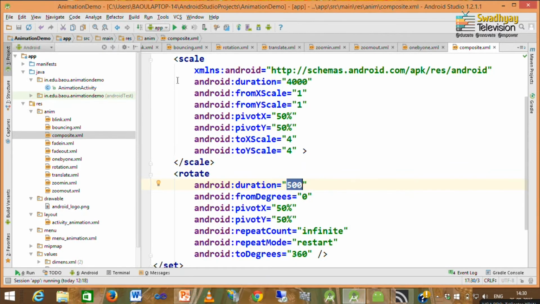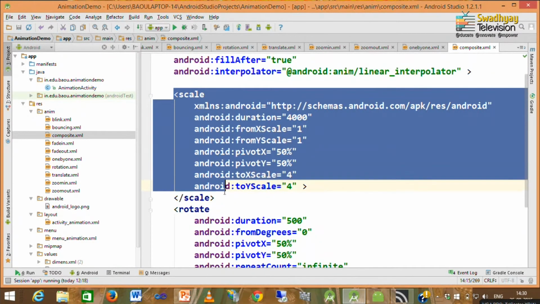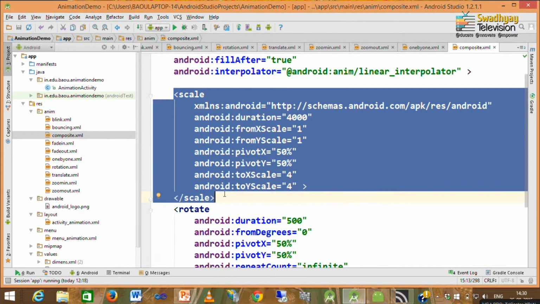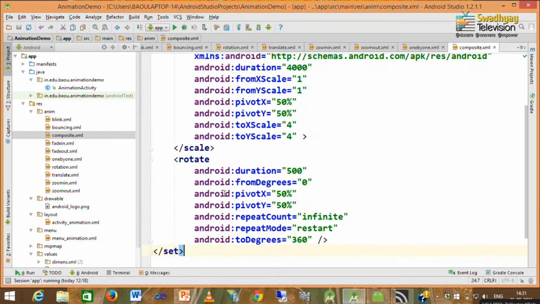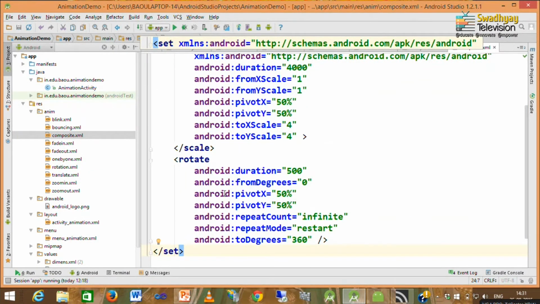So, immediately after scale, rotation will start. So, we can have a mixed effect of scale and rotation for our object. This kind of animation is called composite animation. We have not specified a start offset, so both animations will start simultaneously and the resulting effect will be displayed on screen.